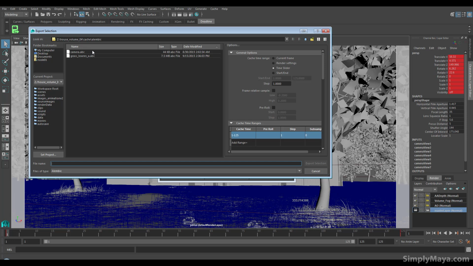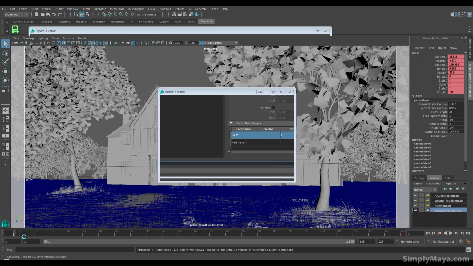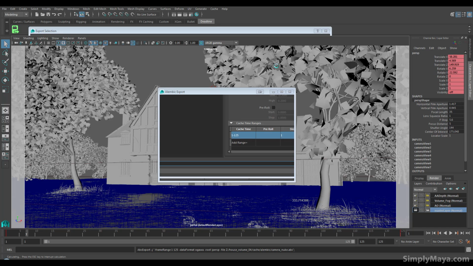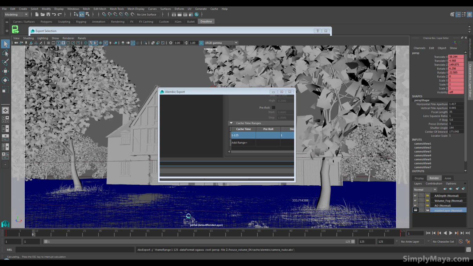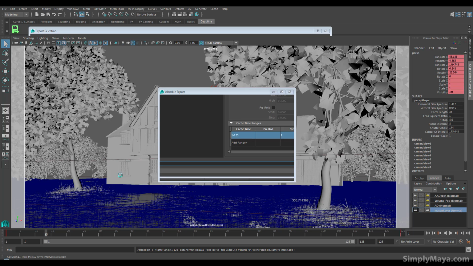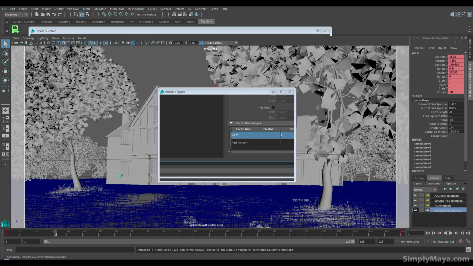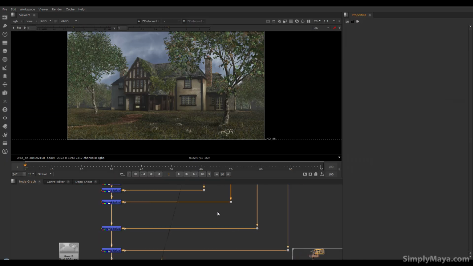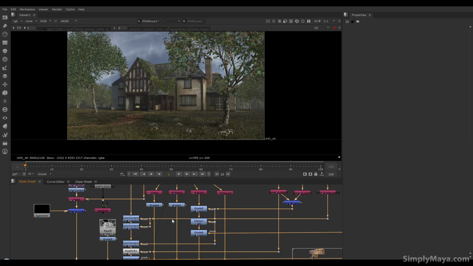Now I have one under volume 4, so I'll call this one Camera Nuke and export selection, and that will just go ahead and export that camera to Nuke. And as you can see here, everything is moving around quite nicely. I could have hidden all this lot to export the camera and it would have been faster, but it's a couple of seconds. So I will see you back in the next part when we will take a look at swapping